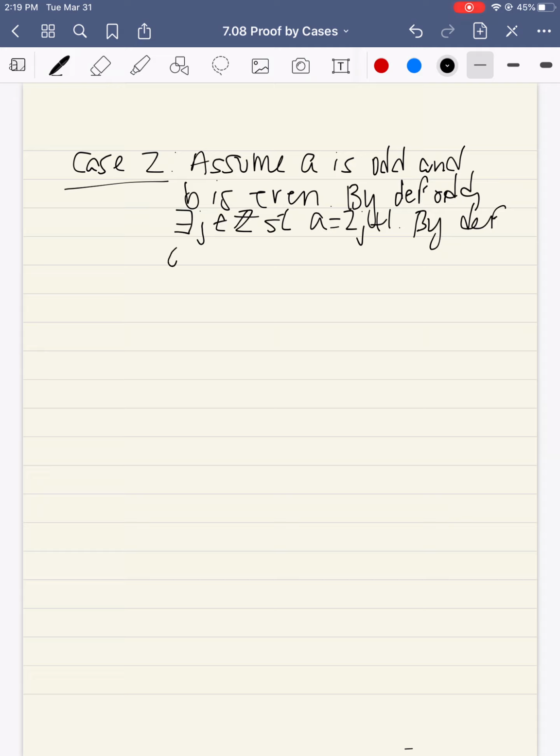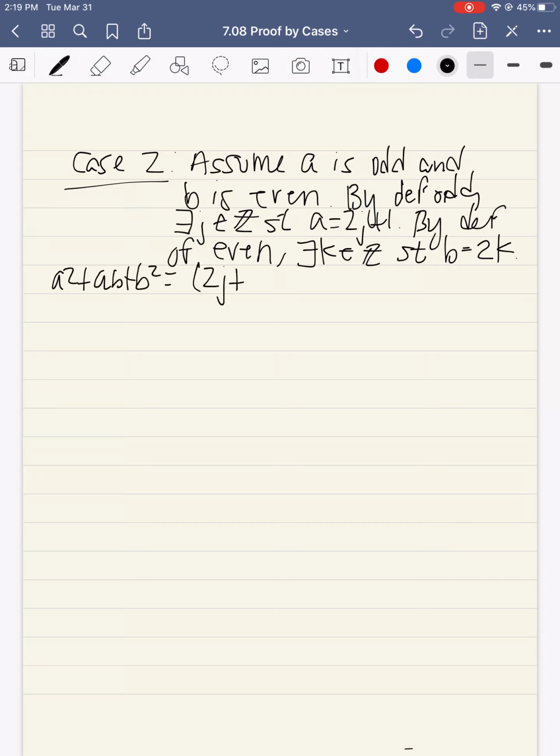By our definition of even, there exists a k, that's an integer, such that b equals 2k. So let's look at what we have going on. So if I have a squared plus ab plus b squared, I sub in 2j plus 1 for a, 2k for b,